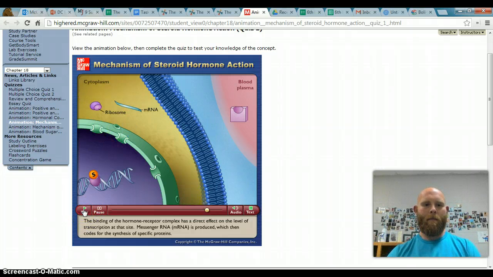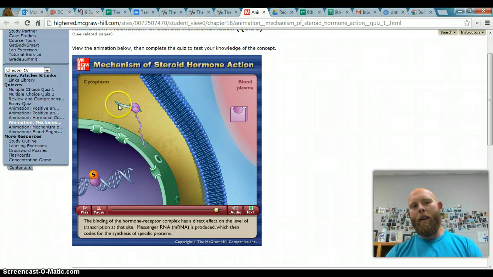Messenger RNA, mRNA, is produced, which then codes for the synthesis of specific proteins. So what you've got right here is a ribosome that is just sliding along, and it doesn't show because it'd get really complex, but there are ribosomes, and there are amino acids being brought by other RNA molecules called tRNA molecules, basically just linking them together and creating proteins. All right, this would be the primary structure of amino acids being linked together based off the instructions that were